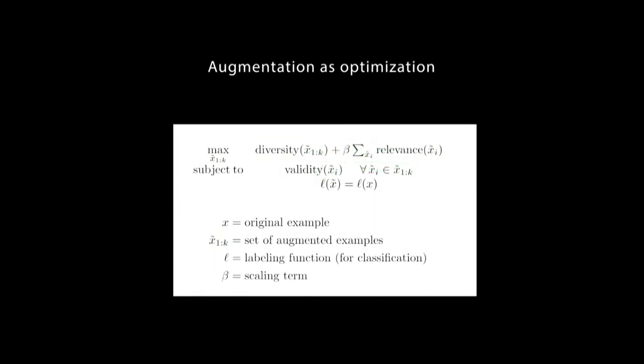We define an augmented example as valid if it obeys the laws of physics. Augmentations are relevant if they are similar to data that would be seen when performing the target task. Diversity is maximized when the transformations applied to a given example are uniformly distributed. Given this abstract problem, we then define a tractable approximation specifically for robotic manipulation.